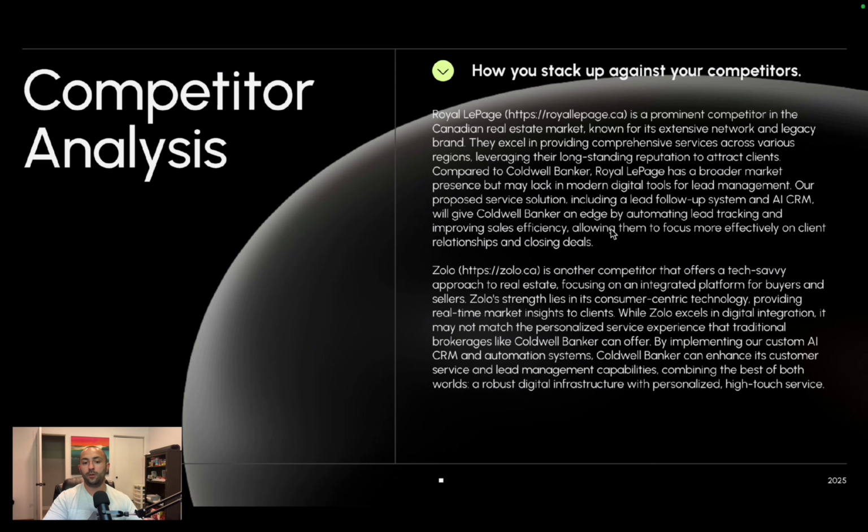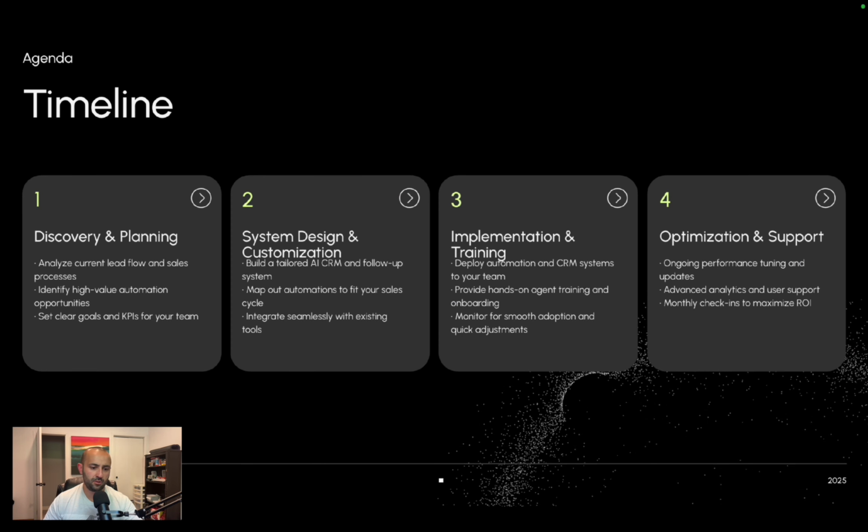So we've pre-sold ourselves by comparing us to one of their competitors, and we've not done it. AI's done it. We just let them have it. And then it's the same thing with Zolo. Another competitor offers tech savvy, blah, blah, blah, does the exact same thing. So AI's just done that, and we've done it in 30 seconds. And then here's the